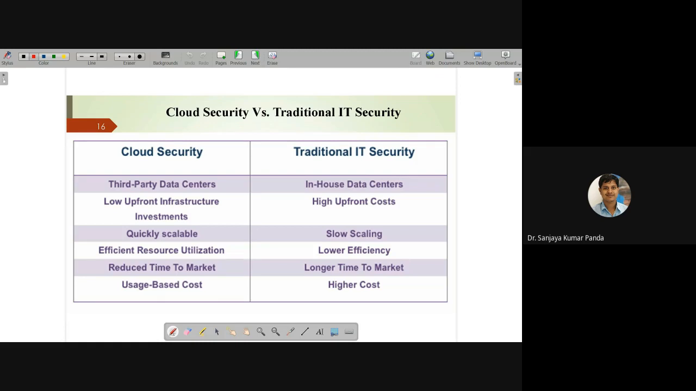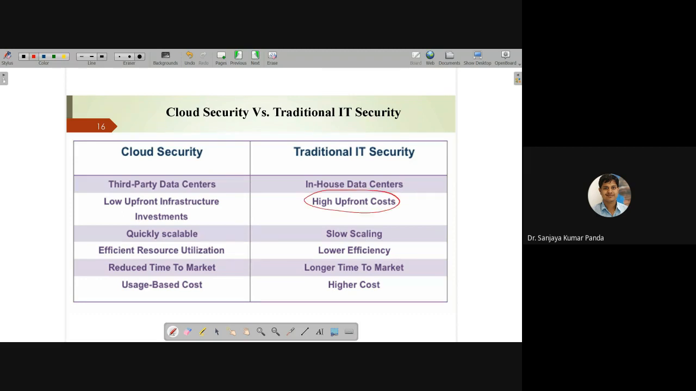So obviously, third-party data centers are more prone to attack, but in-house data centers are less prone to attack, right? Because you are not maintaining the infrastructure, right? That's why you may face some issues related to cloud security. And if you look into the cost, if you want to maintain the security in your traditional infrastructure, it is